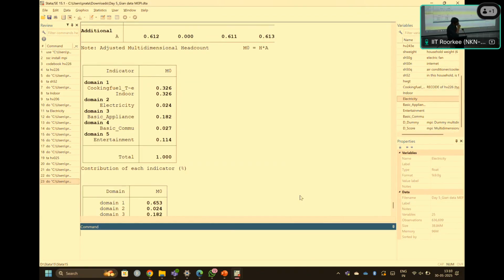Let's say if a household is deprived of both of these indicators, then it is considered deprived. So it doesn't make any difference if we keep the two separate. Even if you calculate the MPI, I have done it, it comes out to be the same.